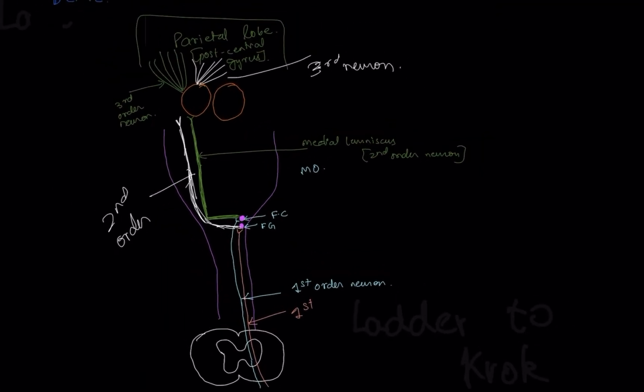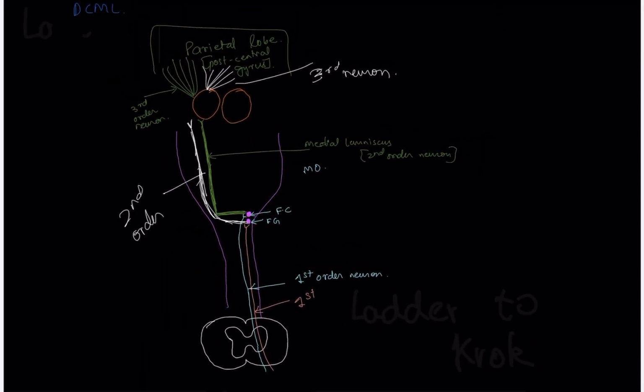So this was all about DCML, that is dorsal column. They are entering through the dorsal column, the posterior column, because we are taking the sensory functions, right? The sensory roots end up where? In the spinal cord, in the dorsal column. So they are termed dorsal column, medial lemniscus, because they will form the medial lemniscus. Understood? So this is how they function. Once again, it was just for you to learn how they work. Remember the tract very well. Thank you.